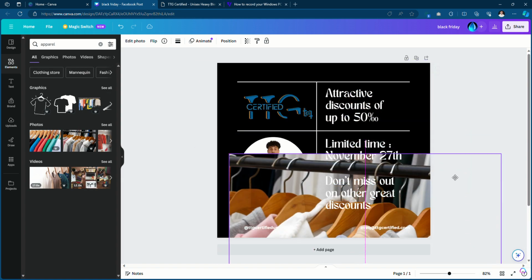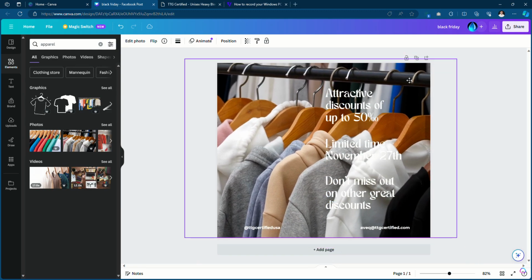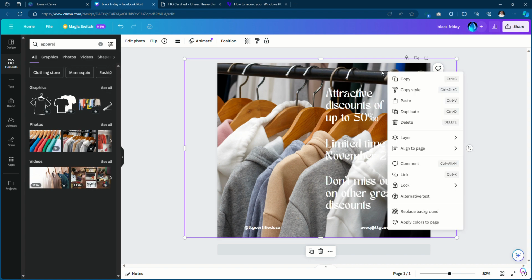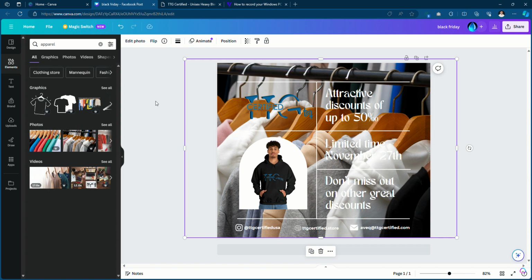So currently we have black background and we will put it at the back of it. So in order for you to put it at the back, just right click, then click layer, then send to back.